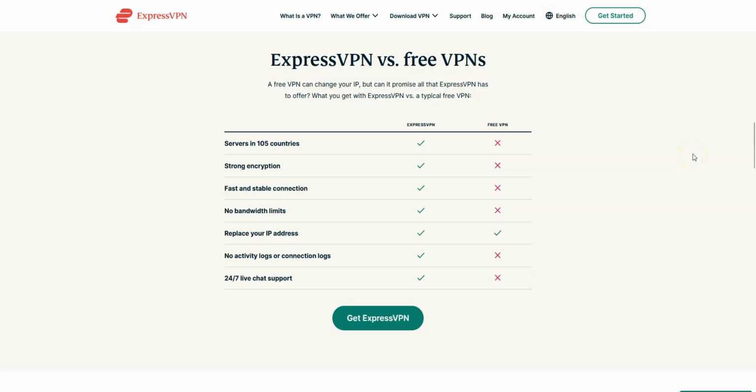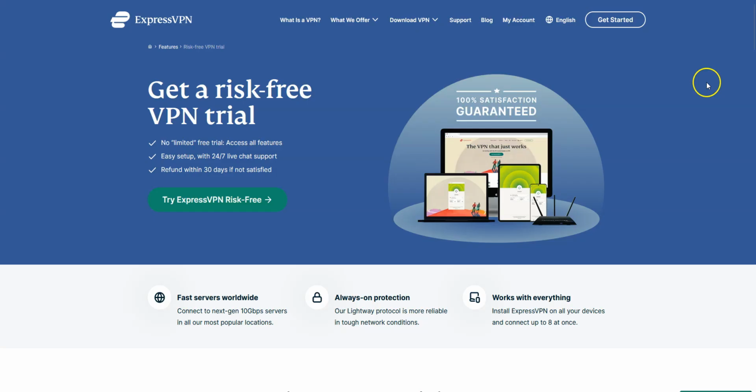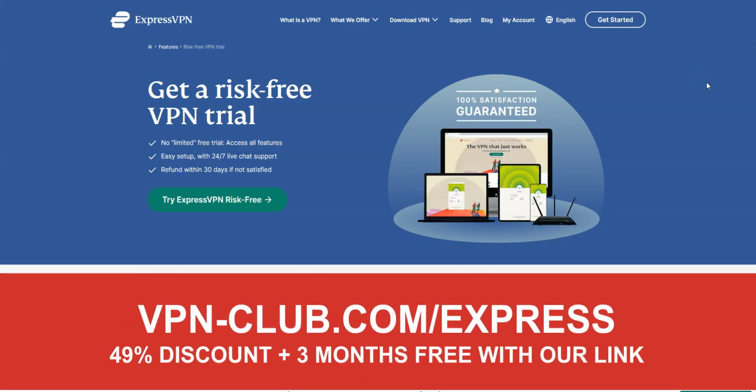Don't even think about free VPNs. None of them will allow you to get a Cuban IP address. Free VPNs are not secure, they don't offer unlimited bandwidth either. Best to forget about them. This is why I recommend using ExpressVPN, which is by far the easiest and most effective way to get a Cuban IP address.